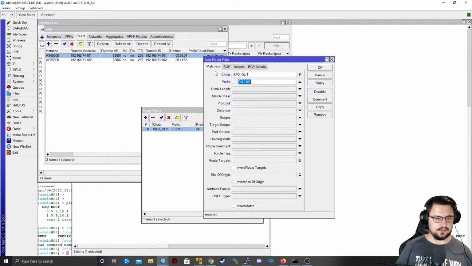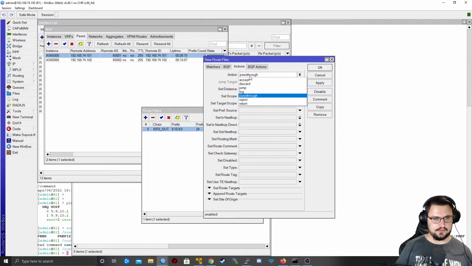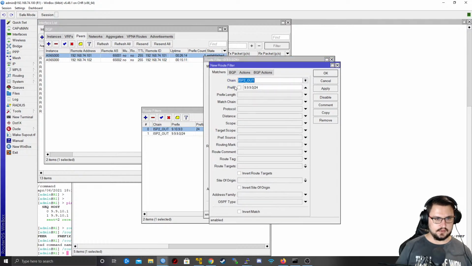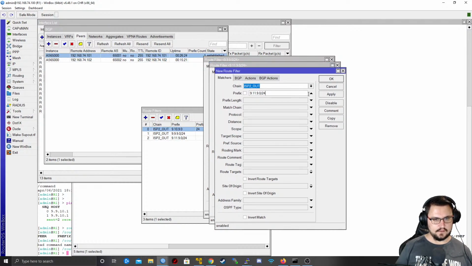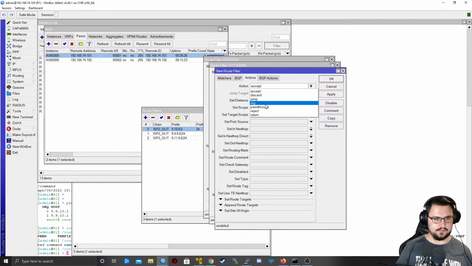Let's make sure we send all of our other routes still, so 9.9.9.0/24. That we will accept, and I'll just copy that 9.9.11.0/24, that will accept, and then the last one will be basically drop everything else. So let's discard that,